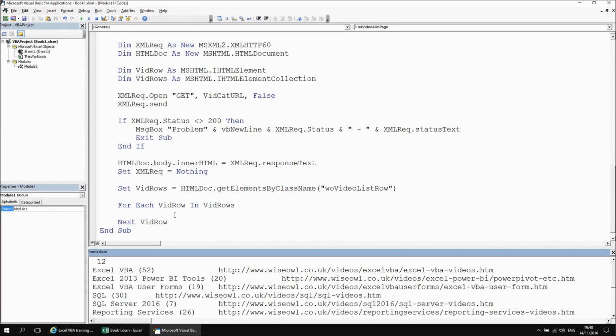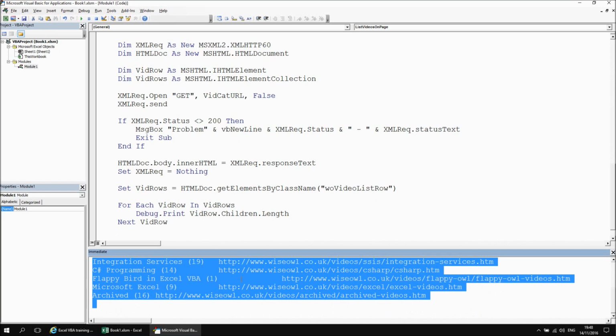Let's see, I'd like to print out, I think, how many children each video row element has. So let's have a debug.print statement that will say vidrow.children.length. Again, the IntelliSense kind of fails at that point, sadly, but we know that the children property returns an element collection, so that must then have the same properties and methods of an element collection, so we can refer to the length property. So having done that, I'm just going to clear the contents of the immediate window, and